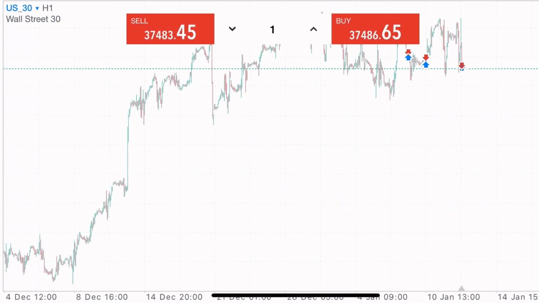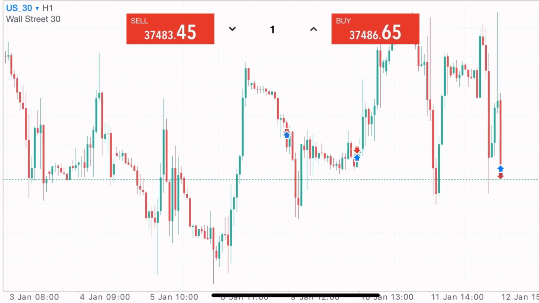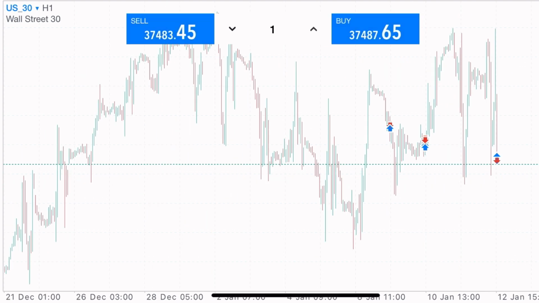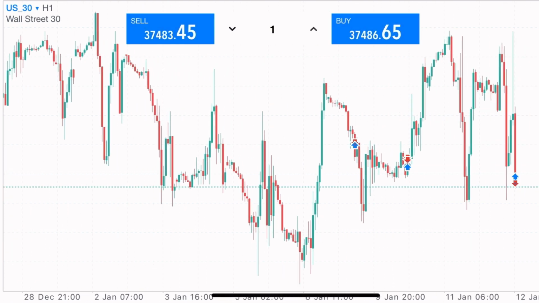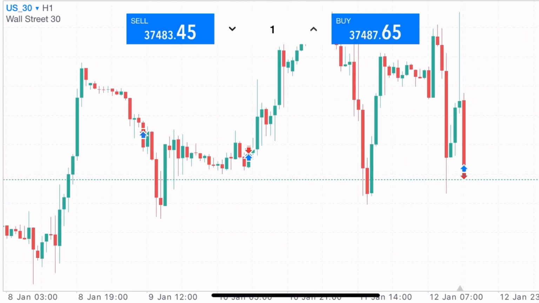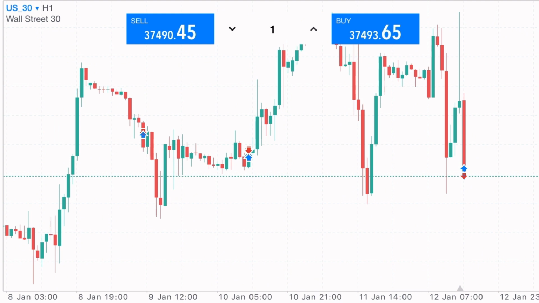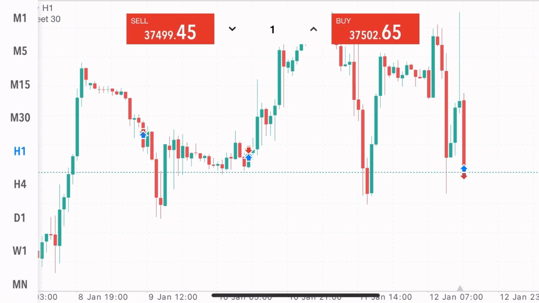If I go over to the 1 hour time frame right here, and if I zoom out quickly, we can see that this market is at the higher high, right? This market is at the higher high at this point, as you can see, and the market has sold right now. So the next step is going to be a buy for this market. The next step is going to be a buy, right? Because of what we're seeing right here,